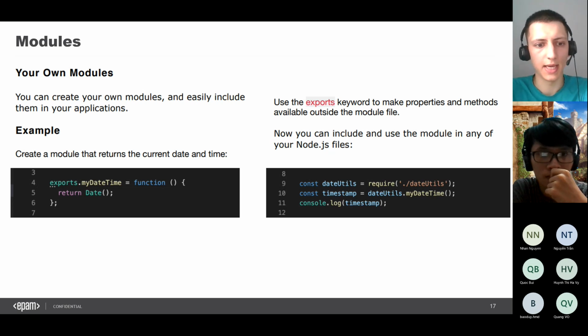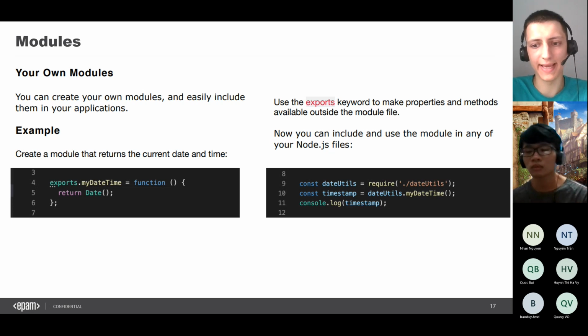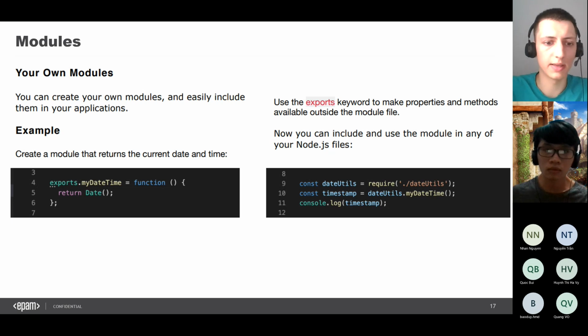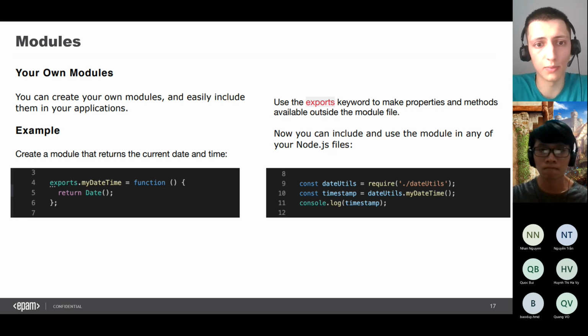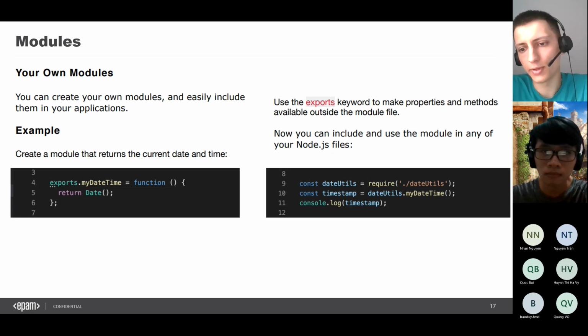This is the CommonJS approach. We also have ES6 modules. When we use ES6, we use import and export statements. You might have already seen them while working with JavaScript, and in modern Node.js versions, you can also use import and export. But for older ones, you need to use require.